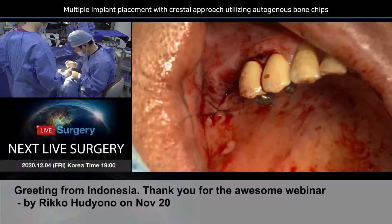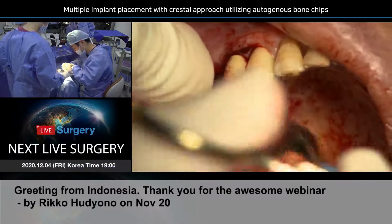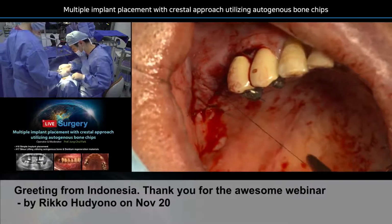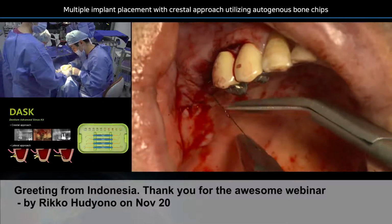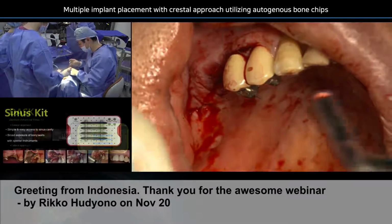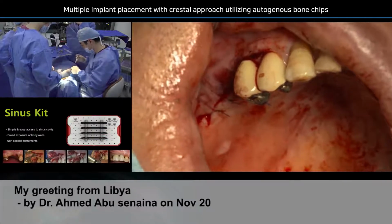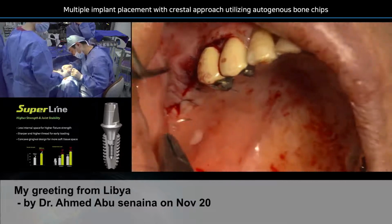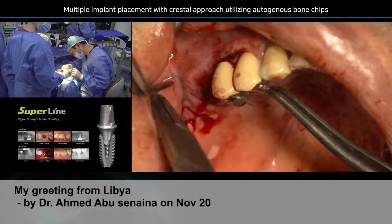So what kind of suture technique do I use along the incision line? No, just the simple interrupted suture, that's it. No surgeon's knot, just the simple suture. But all the technique and all the force and all the important action will be done by 5-0 sutures at the base of the